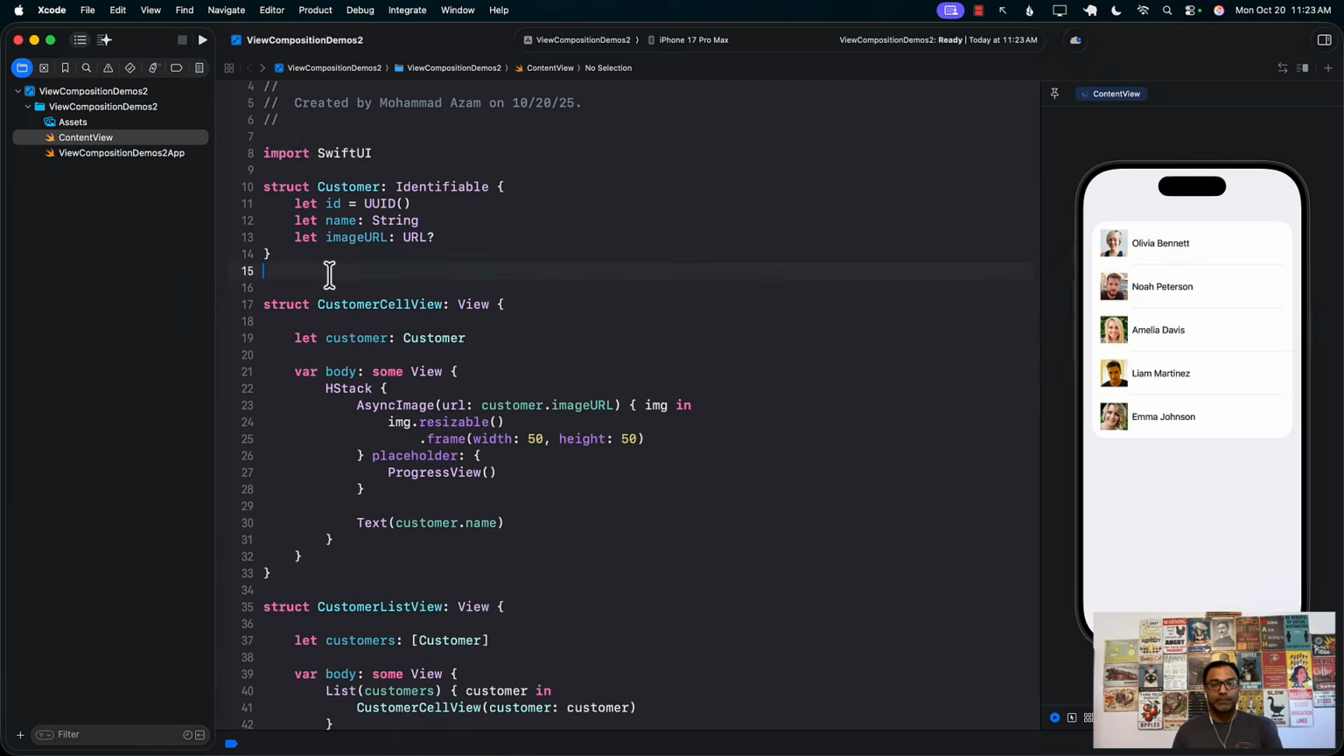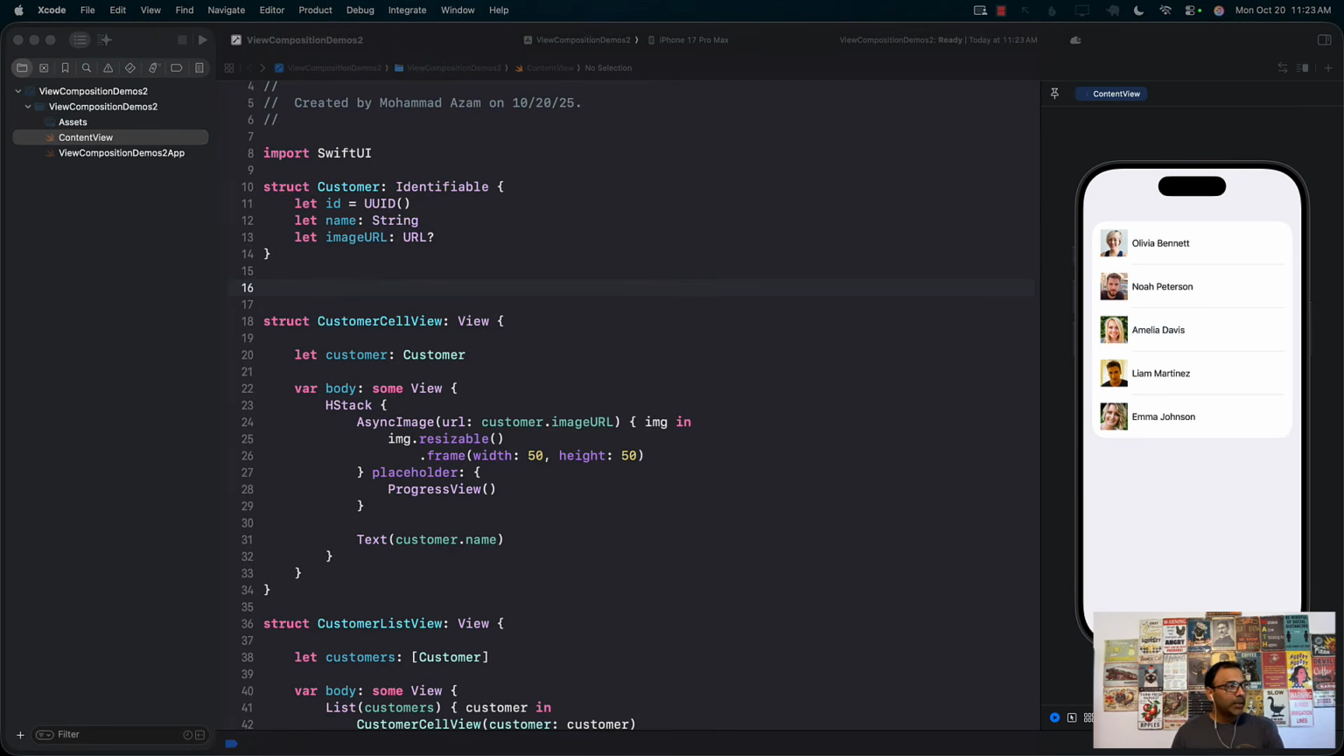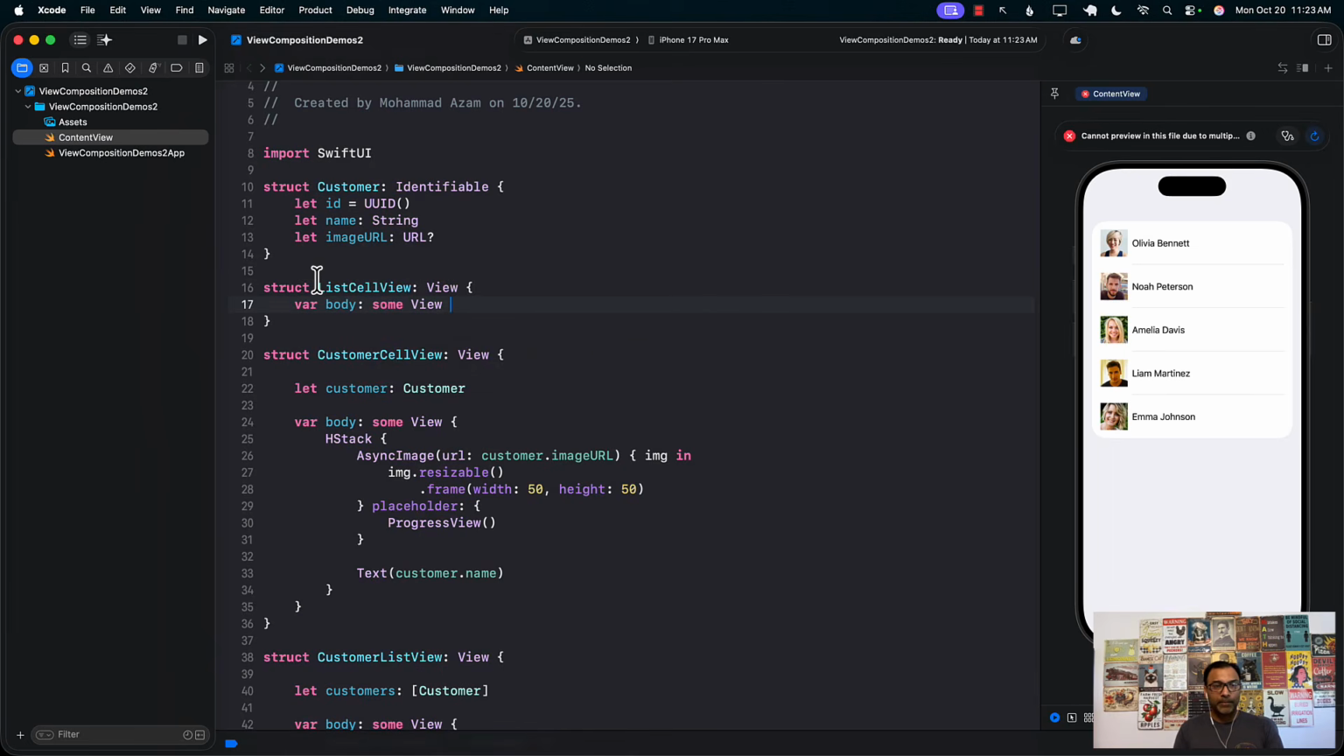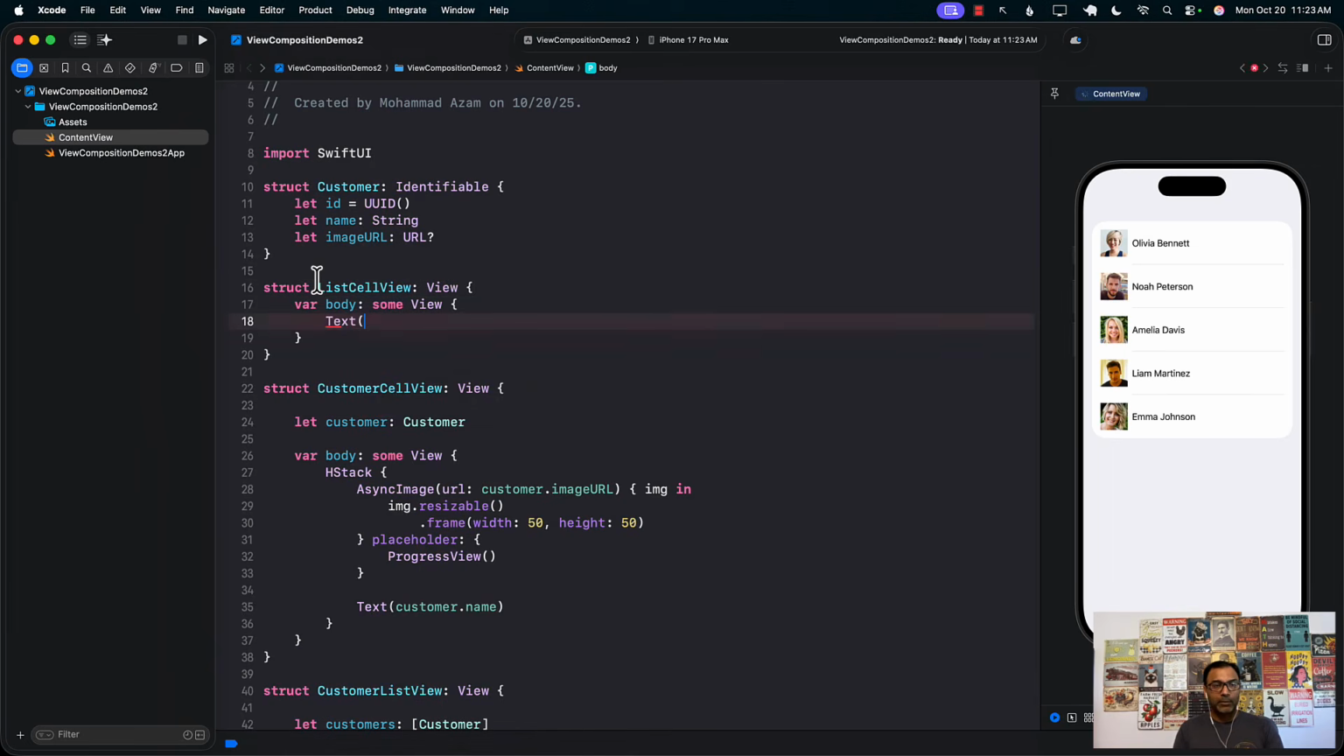So let's do that. Let's start with creating our own cell view. And what should we call that? I mean, we can call this anything we want. So I'm just going to make the name a little bit more generic. I'll just call it ListCellView. And it will be a view. It will have a body. Now, in the ListCellView,